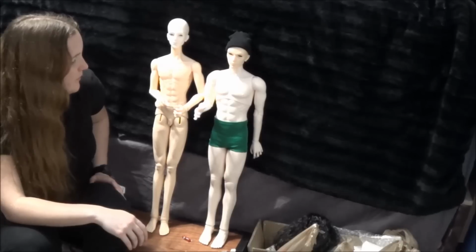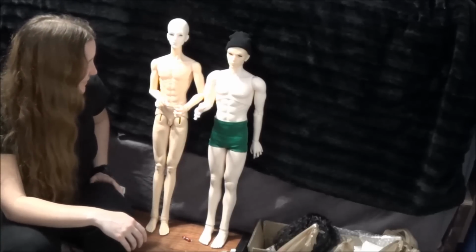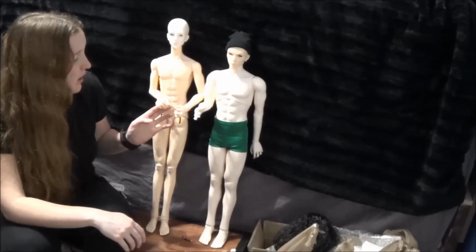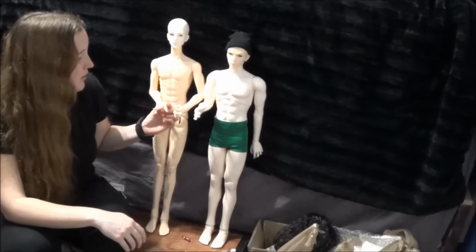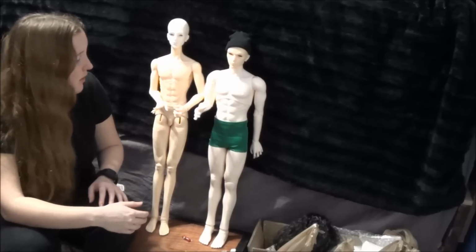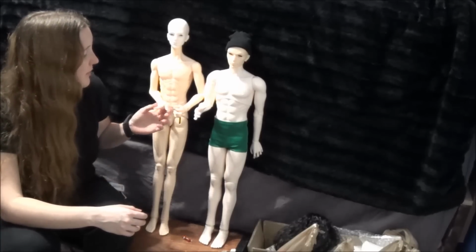It's 72 centimeters, I think. And then I went with the 70 centimeter jointed hands. 75 centimeter jointed hands might have worked as well if you like big hands. I'm not sure exactly how much bigger the 75 centimeter hands are. I think in the picture they were a little bit bigger. Probably looked alright, but